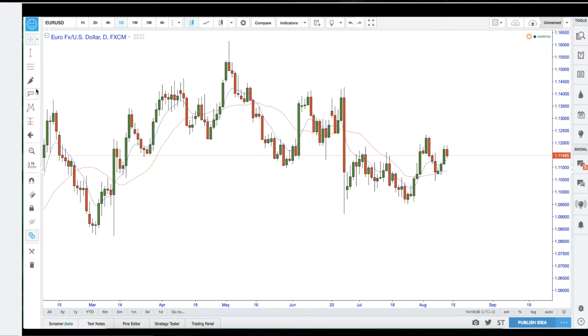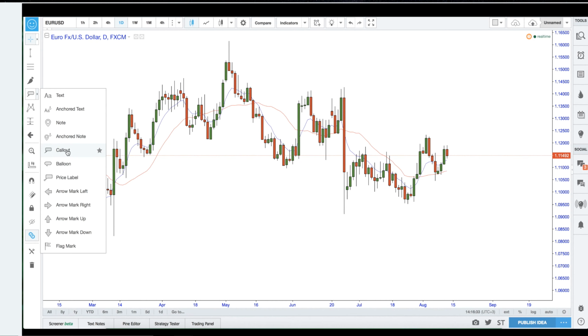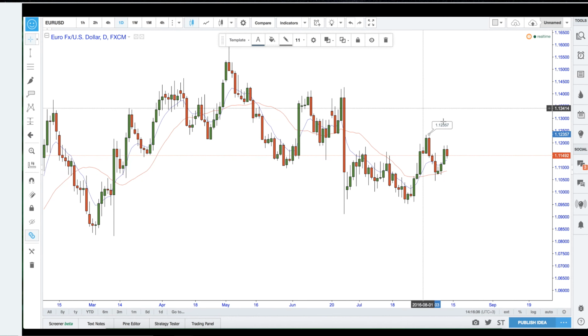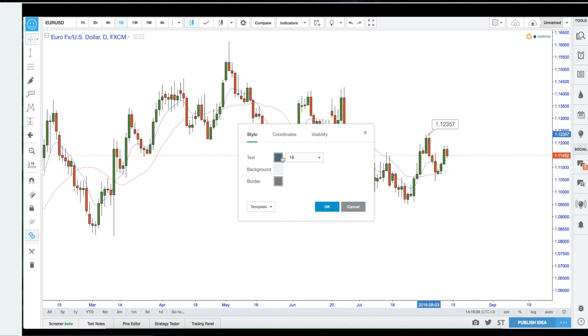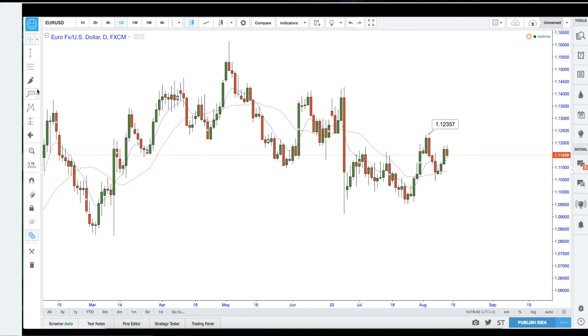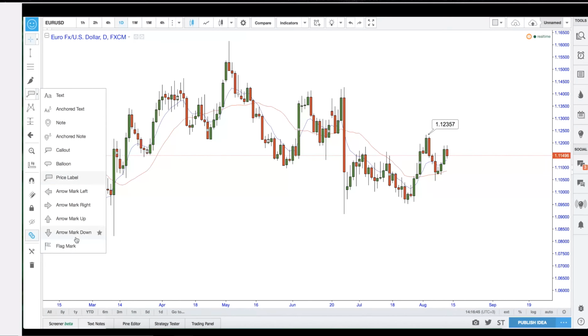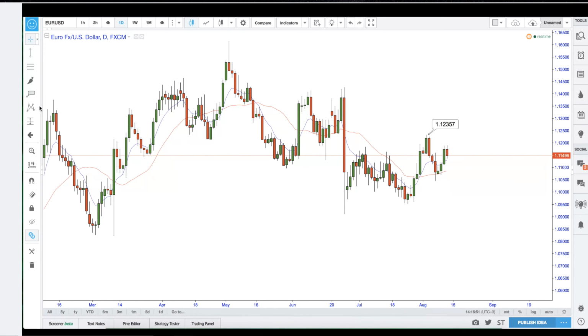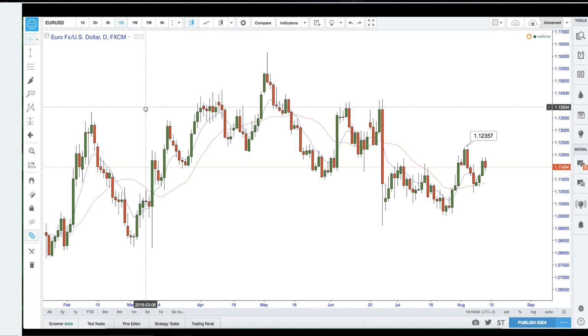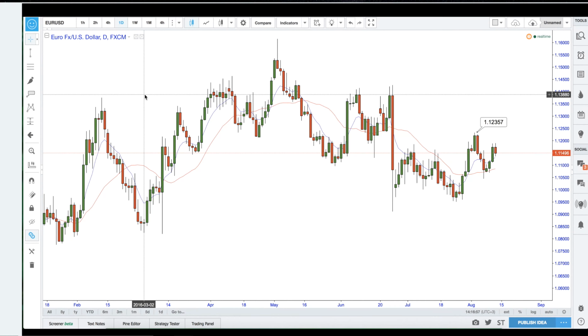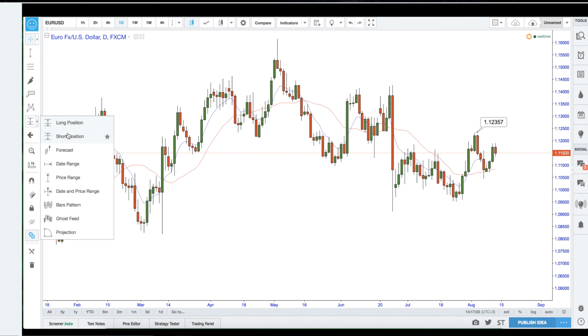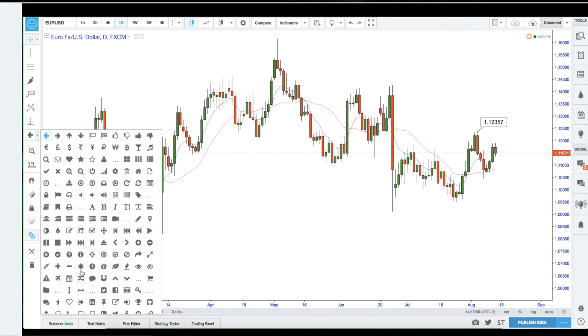So text we're going to be using, callout we're going to be using, price label can come in quite handy as well. Once more, you can just go ahead and play with all of this. Text, black, etc. Price label. To be honest, that's all we're going to be really using on there. Arrows, you can have a little play around and be creative with all of this. It's highly customizable. I'm not going to spend all the time going through each and every aspect of the platform, but it's up to you to get creative and have a little bit of a play around yourself. Now, risk reward, long and short, I'm going to be going through that later on. That's great. And then you have all of these little icons as well if you really want to get savvy with some of your work and make it fun and interesting overall.